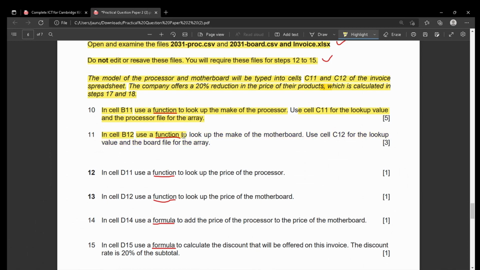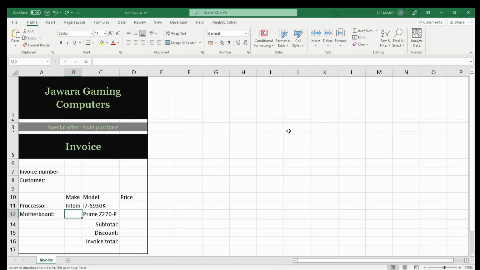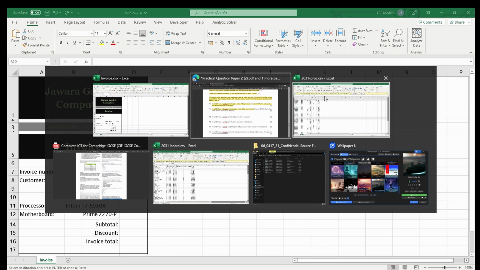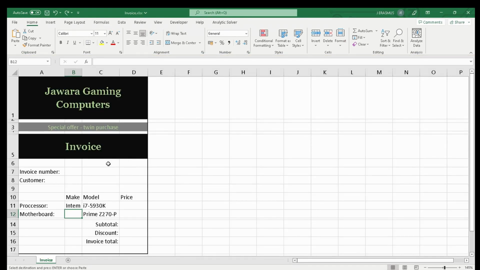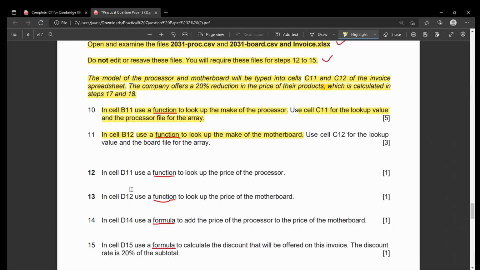Use a function to look up, so we're going to use the lookup function, the make of the motherboard. So we've been using the processing workbook now, so let's use the board processing this time. I just have that close to my alt tab option so I can go between these two. And let's go to the question, and they say use cell C12 for the lookup value and the board file